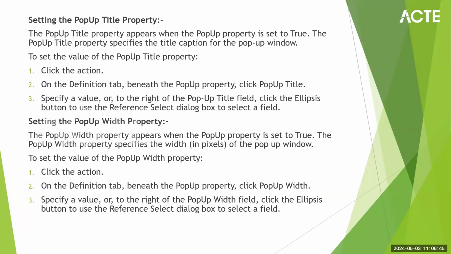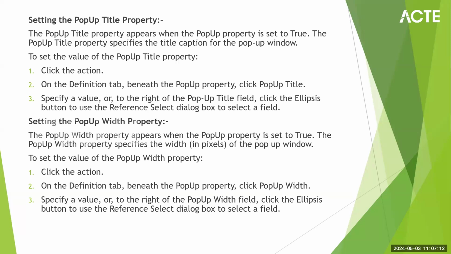The pop-up title property specifies the title caption for the pop-up window. So how do you give that? Click on the action. Action is nothing but a button. On the definition tab, beneath the pop-up property, click the pop-up title in the drop-down and specify a value, or to the right of the pop-up title field,